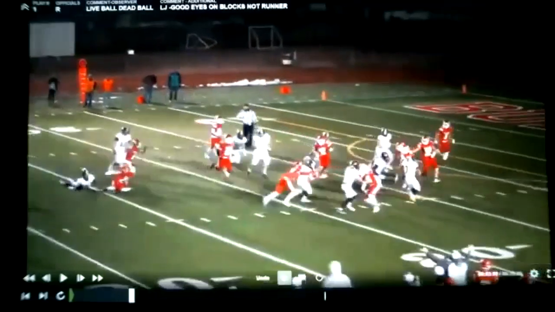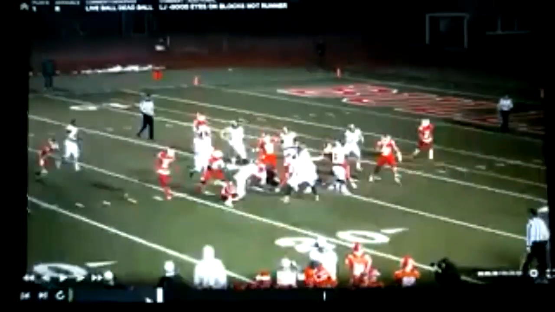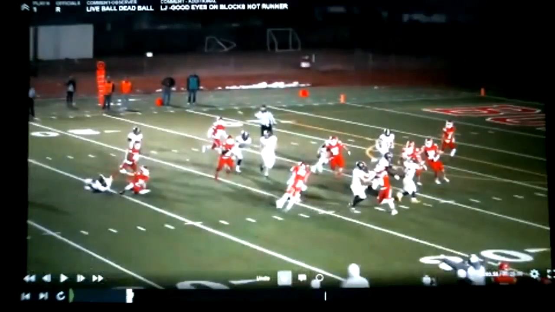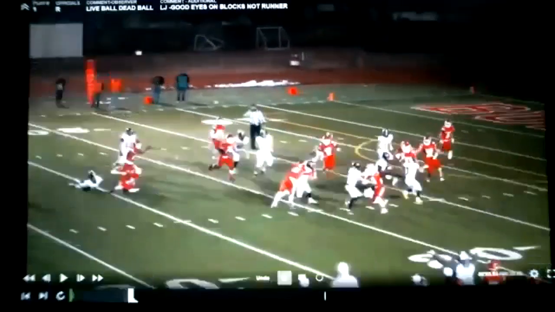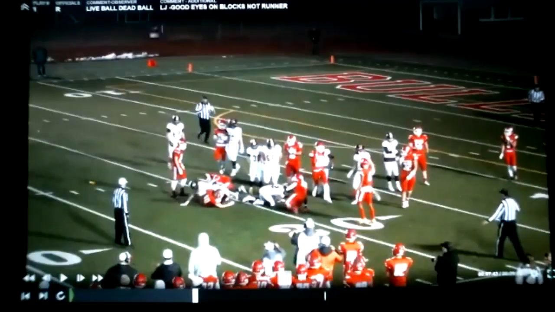And so we've got a foul. Ball carrier advances to the 19, let's say. Line to gain was the 15. So we've got a foul. It was a 4th down play. Got a foul. After the play, and we don't see it on film, but we're going to see